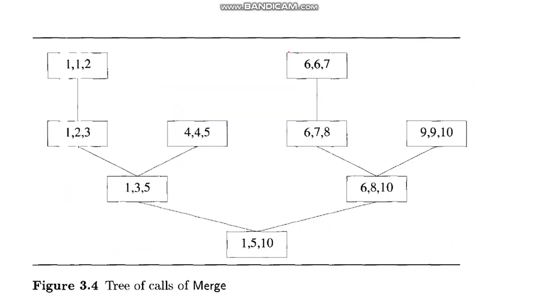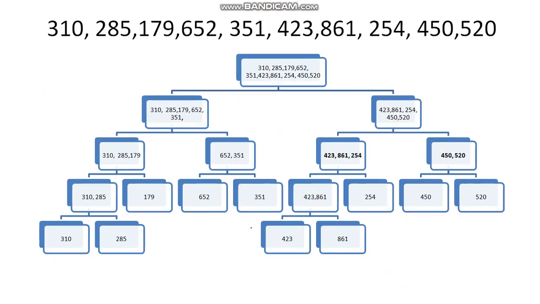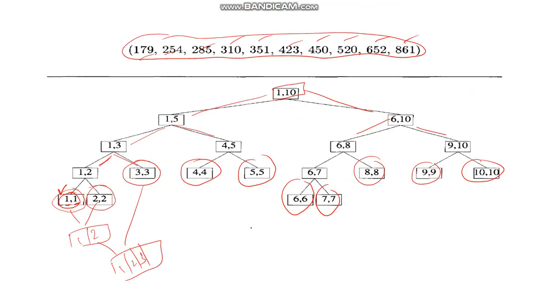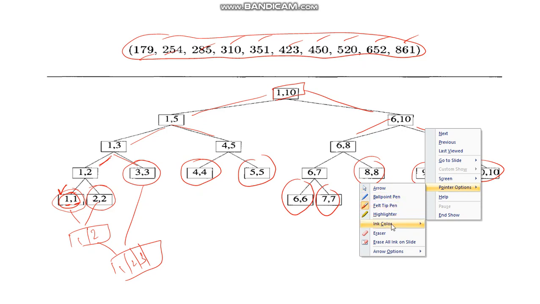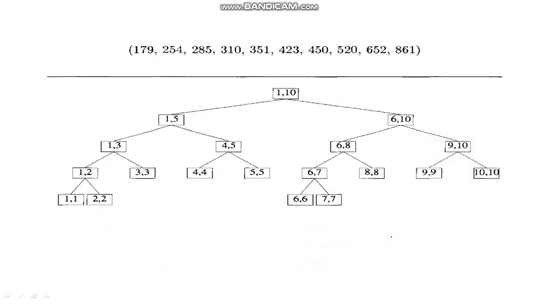Then this is the way how we merge. With the 10 elements, in the first slide I showed you an array of size 1 to 10. Let me go back to that particular slide. This is the slide. Let me clear all the graphics here so that you will understand it. These are all the mergings that happen. These are the divisions that happen.